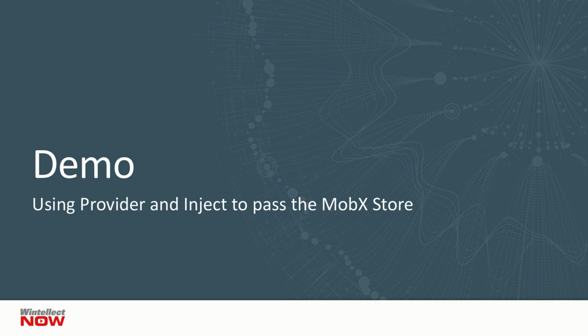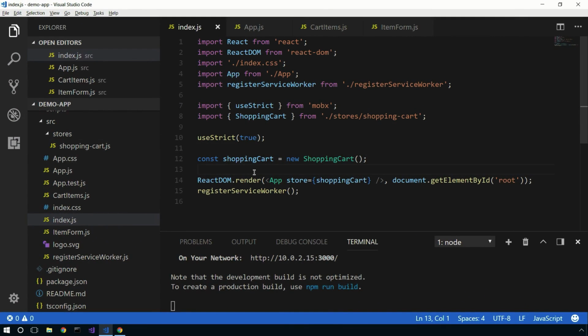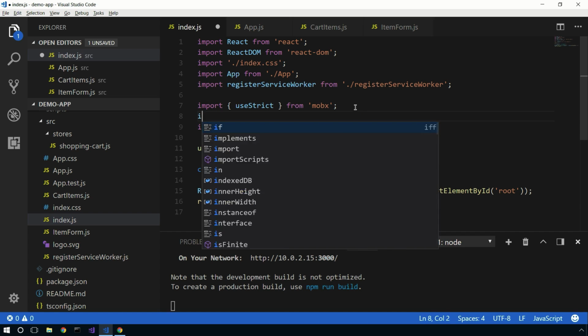Let's do a demonstration now of using provider and inject to pass the MobX store. For our final demonstration here, let's take a look at how we can use the provider to make the store available on the context. This will actually make it a little bit easier to make the store available to components in the tree, especially since the components themselves will be directly connecting to the store. This becomes like a big deal. It can save a lot of time and effort in having to pass that store all the way down through the props constantly. To do this, we're going to import the